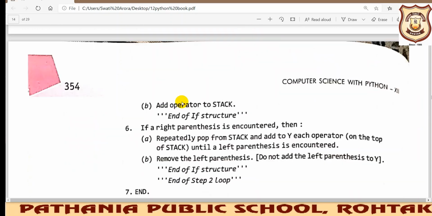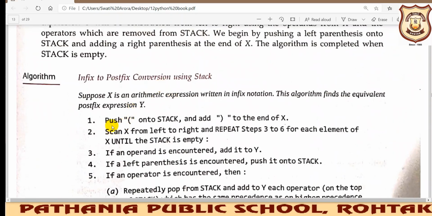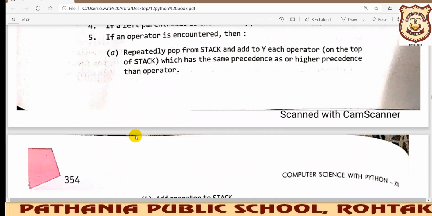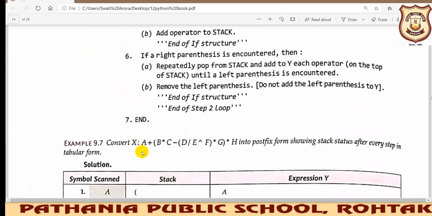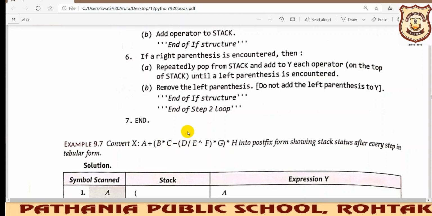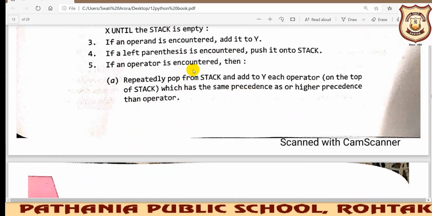The first step of the algorithm is saying push this bracket and this bracket to the starting and to the end of the given expression. Secondly we need to scan it. We will scan one by one each element. So we have operands, we have operators, and symbols like brackets and so on. So three things we are having, and we have to take care of them.